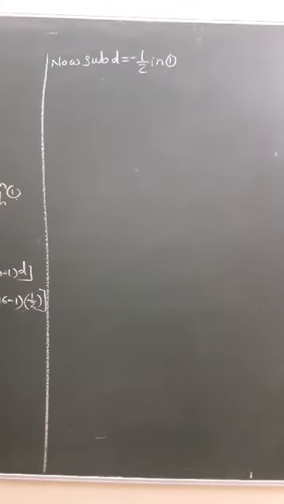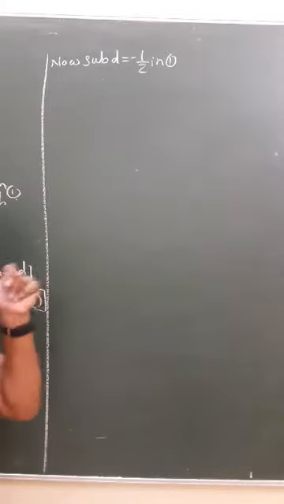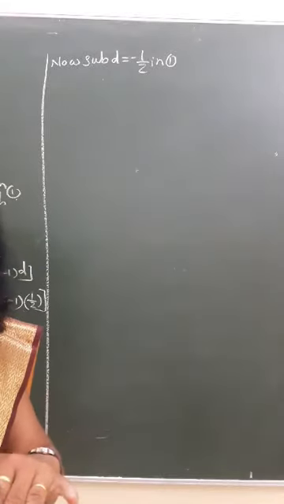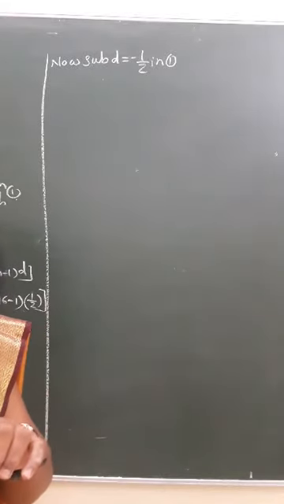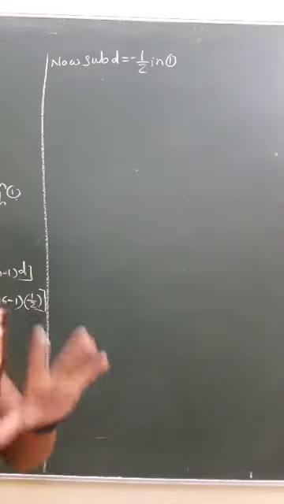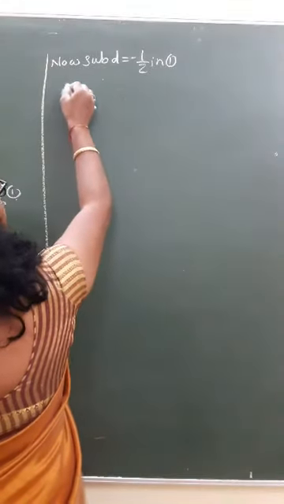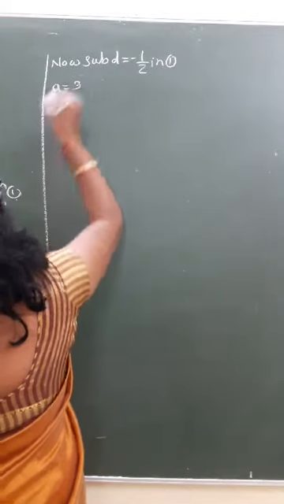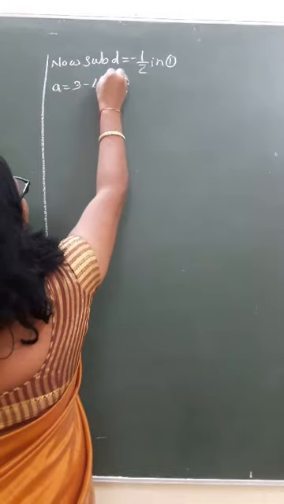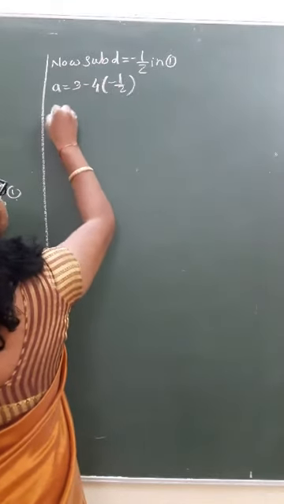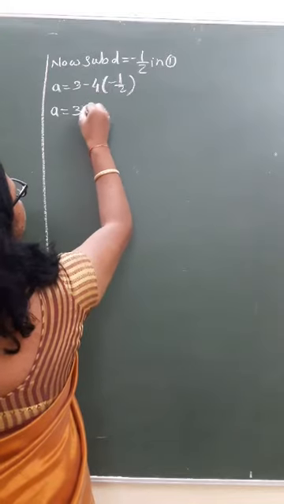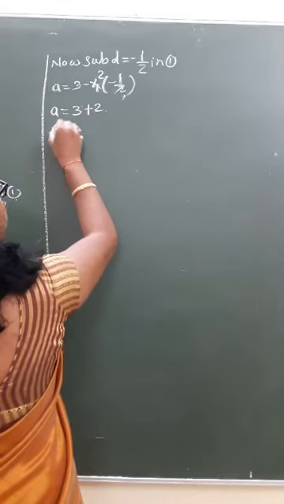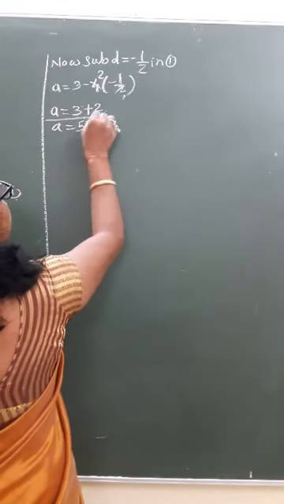Substitute now. We got the value of D: one is 1 by 2 and another is minus 1 by 2. For both values of D, 1 by 2 and minus 1 by 2, we will find the first term. So here D is equal to minus 1 by 2 in equation 1. This is equation 1. So we get A is equal to 3 minus 4 into minus 1 by 2. Minus into minus is a plus. 2 1s are 2, 2 2s are 4, plus 2, so we get